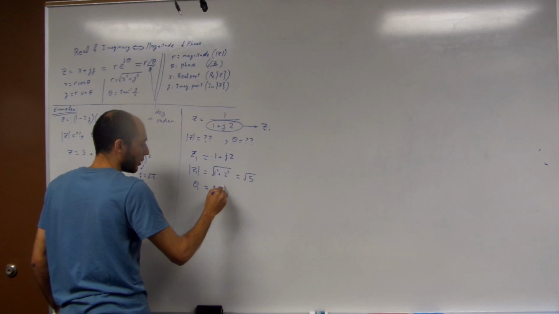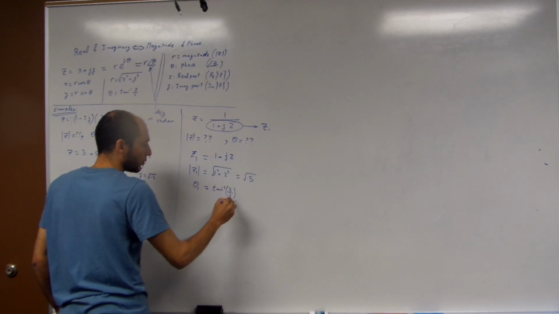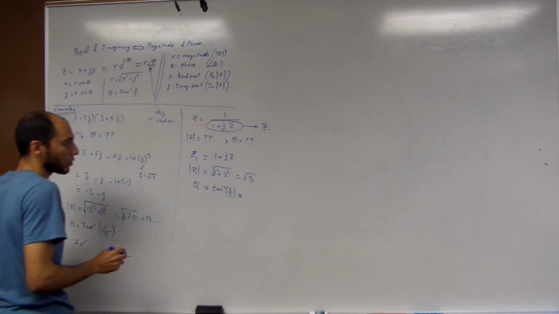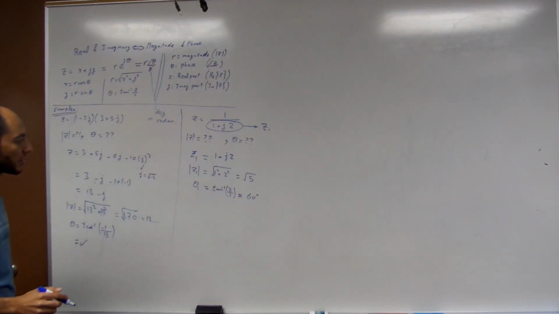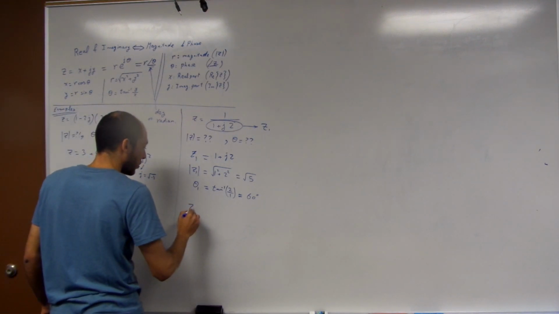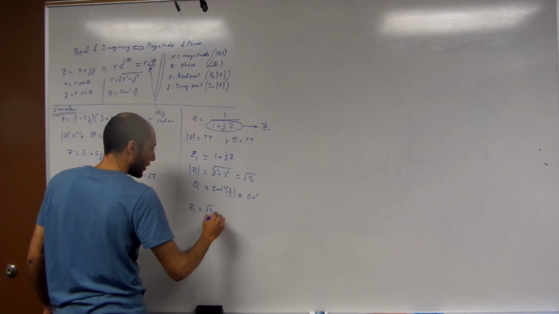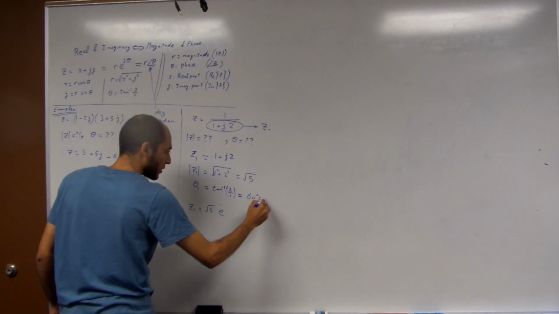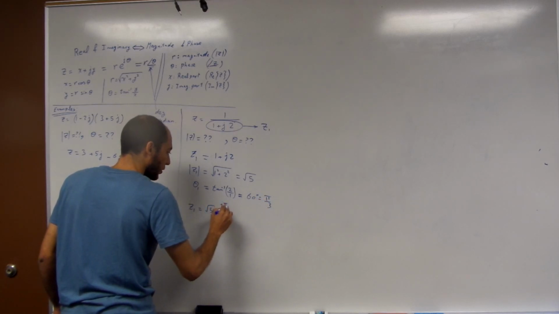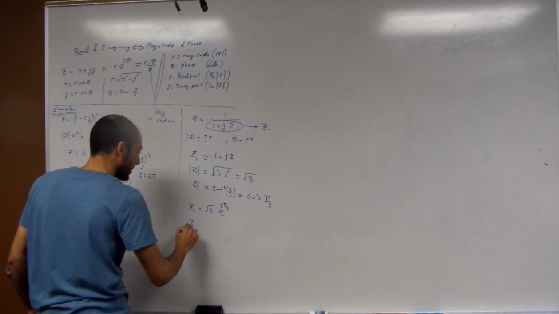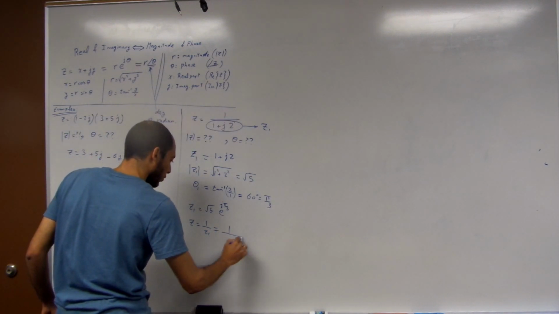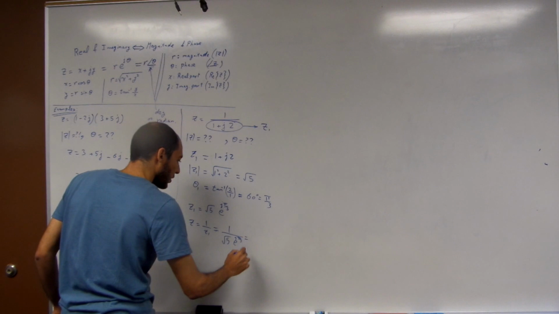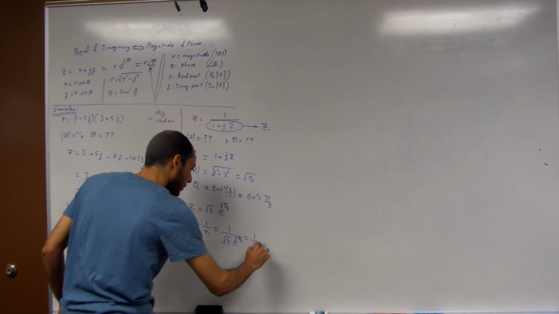It's equal to tan inverse of 2 over 1, and this is equal to 60 degrees. Which means that z1 is equal to square root of 5 e power j pi over 3. Which means that z is equal to 1 over z1 from this relation, which is equal to 1 over square root of 5 e power